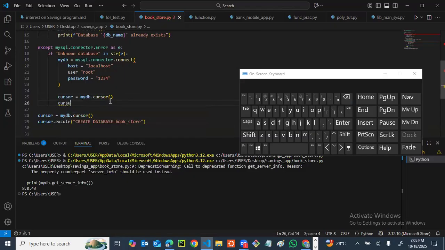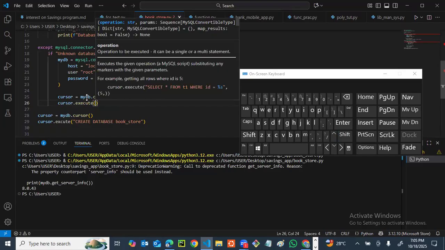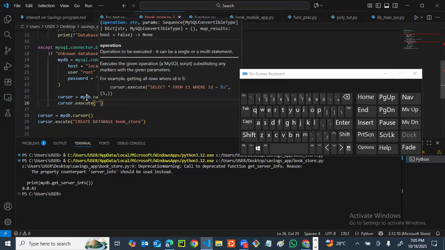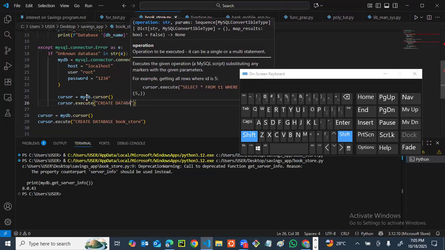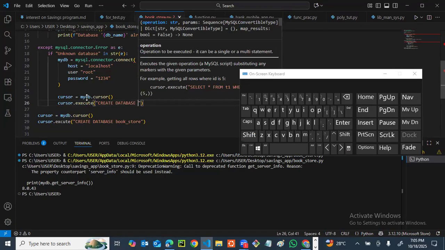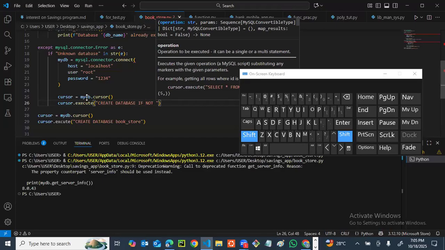Then, don't forget what I said earlier. We use this cursor to execute SQL. So you can now say cursor.execute, right? What are we executing in this case? We are executing it to create a database. So we can say here, create database. We can also use if not exists, but since we've captured that, you can skip that. But you might want to use it for readability. So you can say create database if not exists,